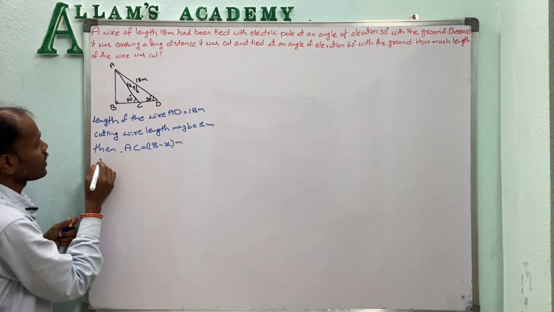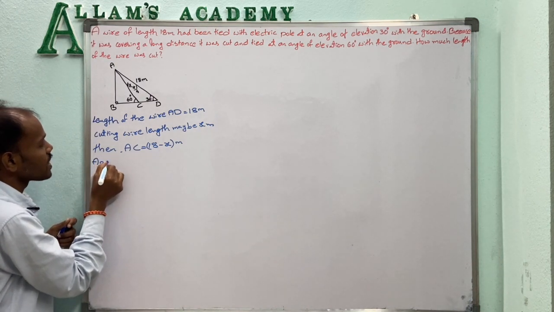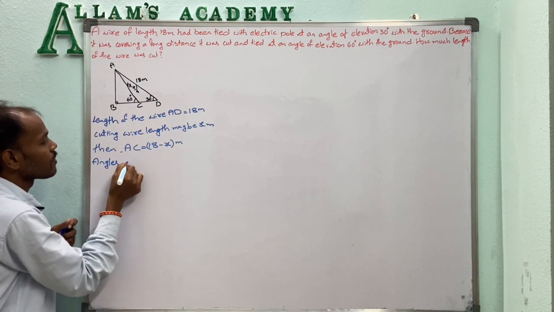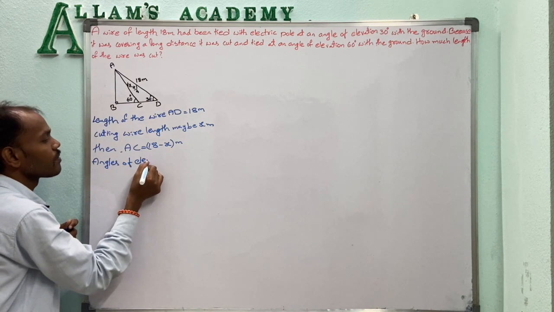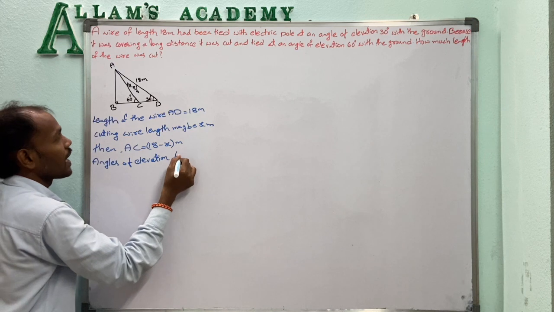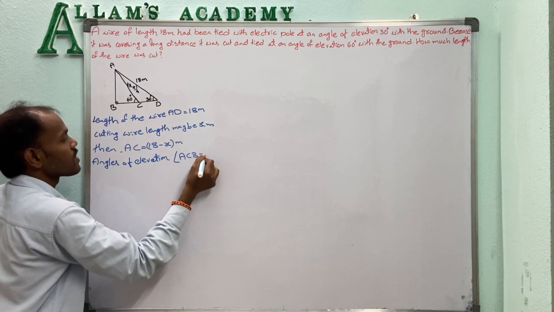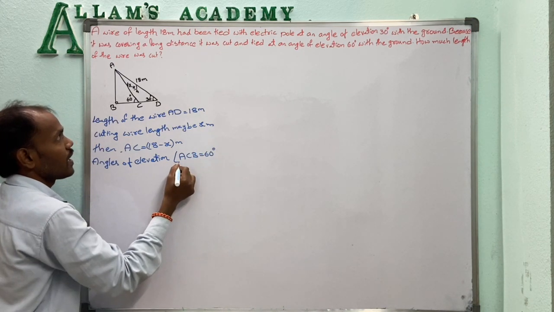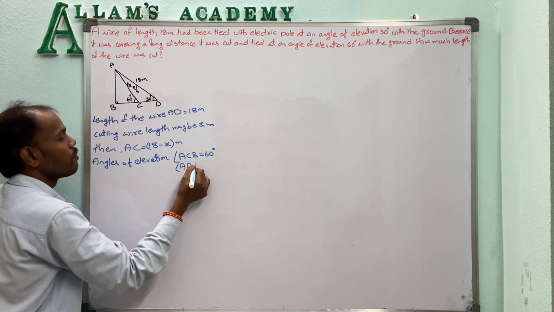Next, angles of elevation: angle ACB equal to 60 degrees, angle ADB